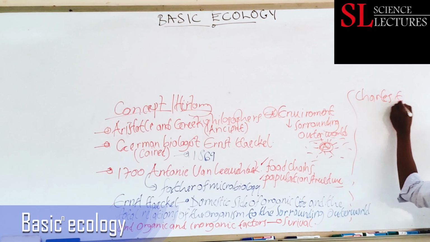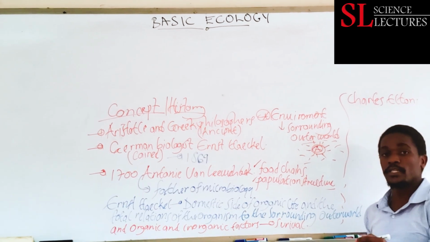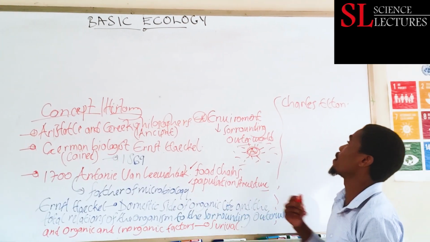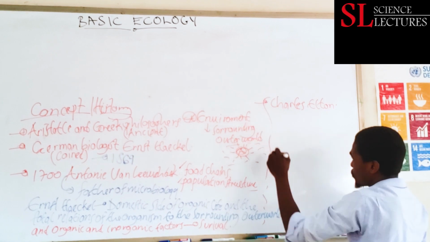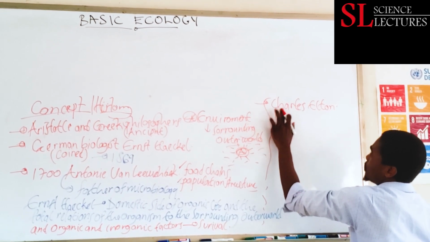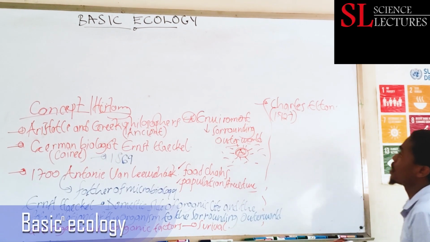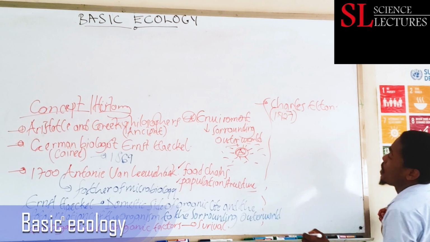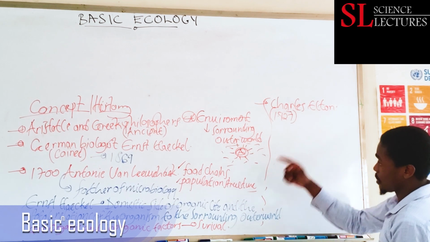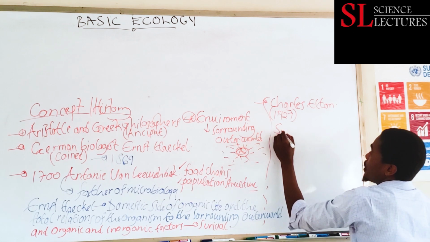Charles Elton defined ecology the way he defined it in the year 1927. So that is the year this guy came in, Charles Elton. Now in 1927, Charles Elton comes in and defines ecology as simply the scientific study